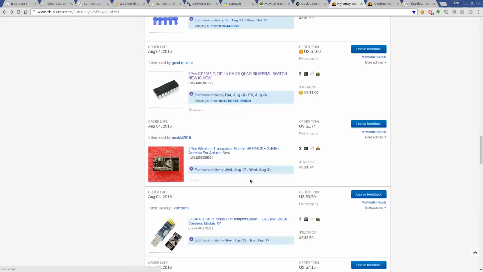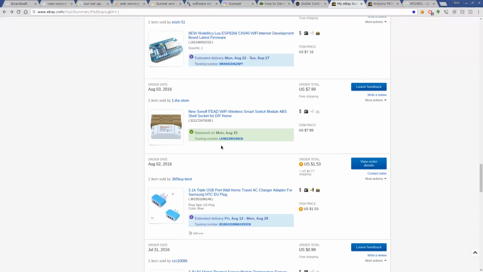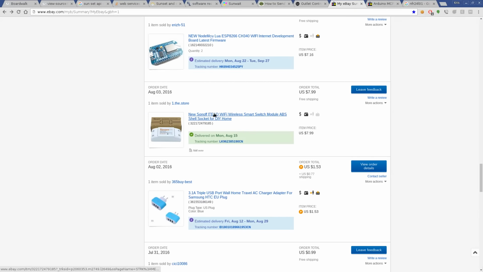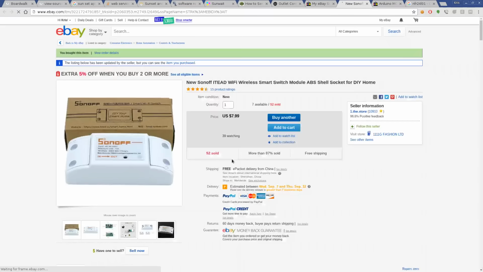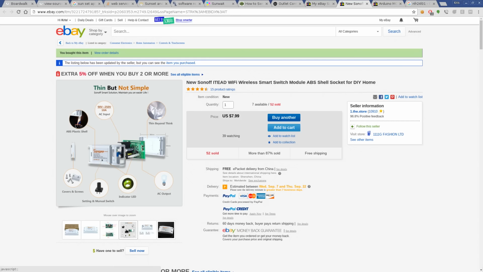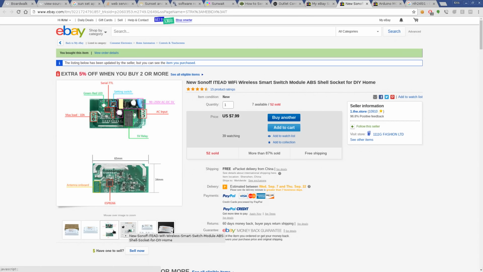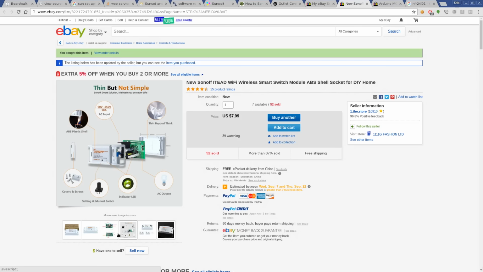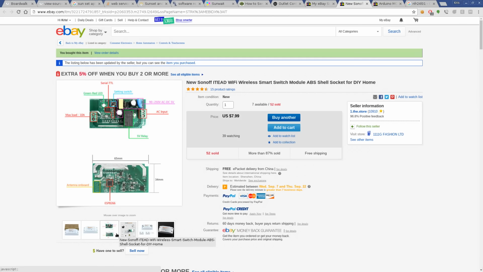So going through here, other things I've ordered. Oh, this is something I want to play with. This thing, it's coming. I haven't got a chance to use it yet. So I can control relays, if you watch videos, with an ESP8266 or an Arduino or something like that, to turn lights on and off. But sometimes things can be a little more difficult. So this device,